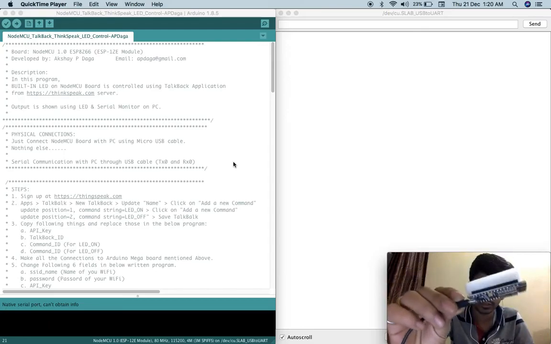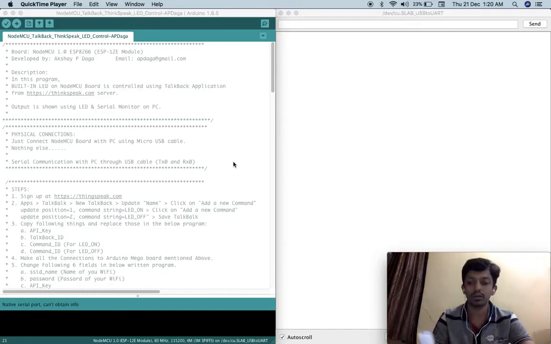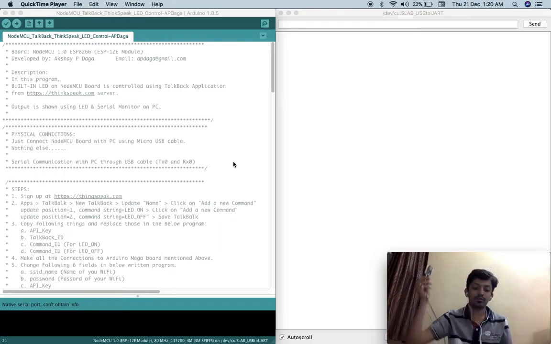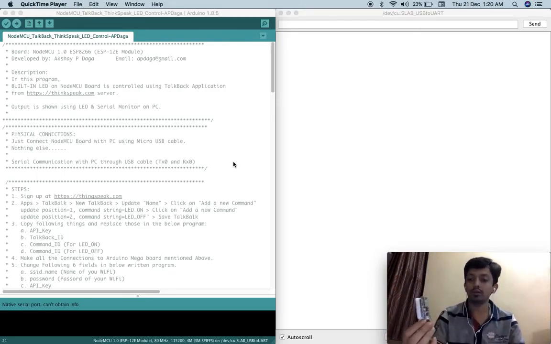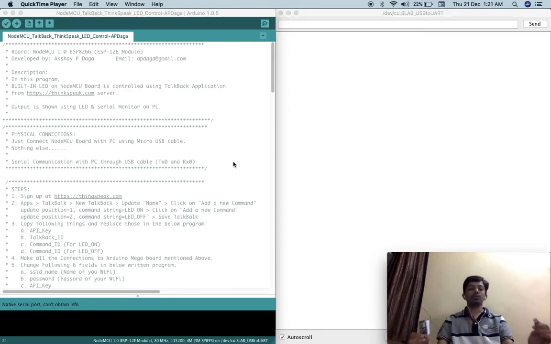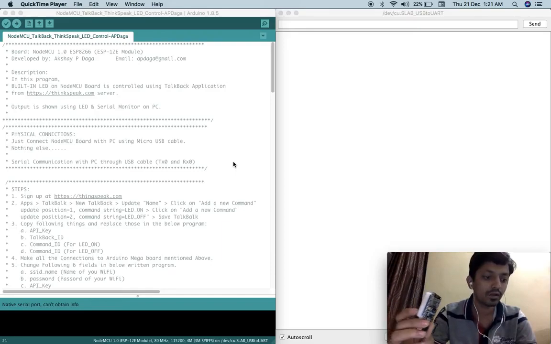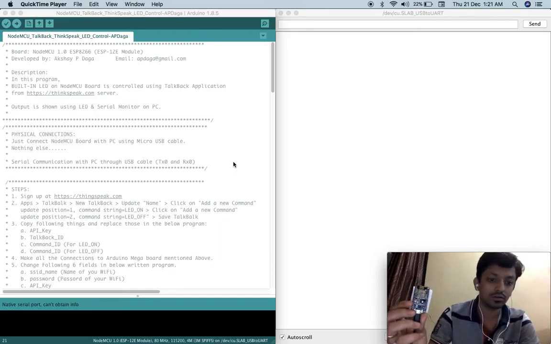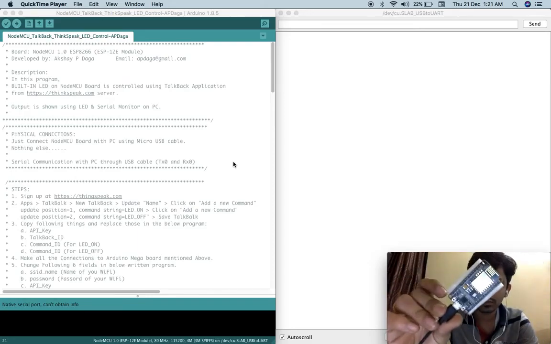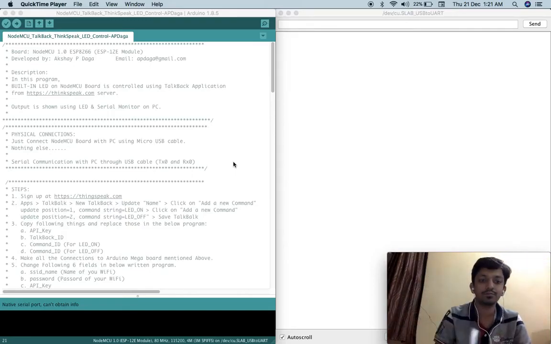This is Node MCU, you can see it. For this experiment, physical connections are nothing. You just need to connect this Node MCU using this micro USB cable to your laptop, and whatever driver you need to install and everything, I have already demonstrated in the previous video. Links for that video will be given in the description, or otherwise you can check it on my channel. You will find those videos also. So right now, I'll connect this Node MCU to my computer using USB cable, micro USB cable.